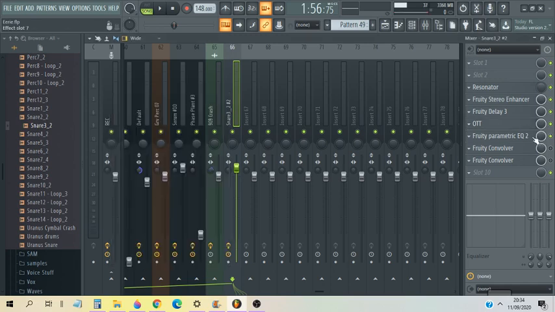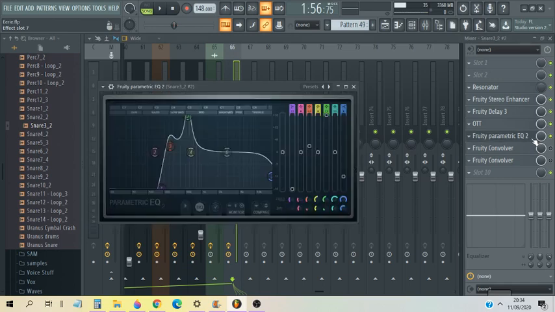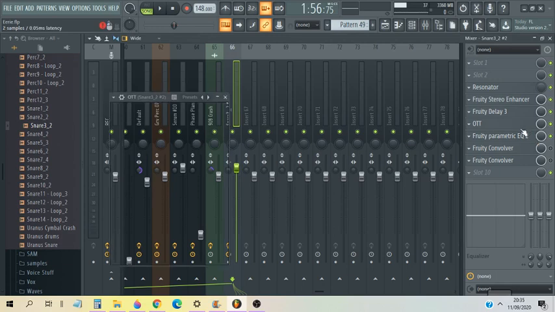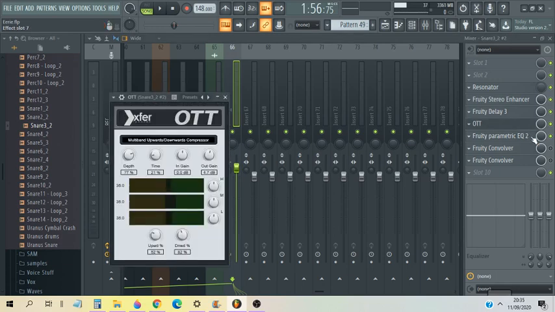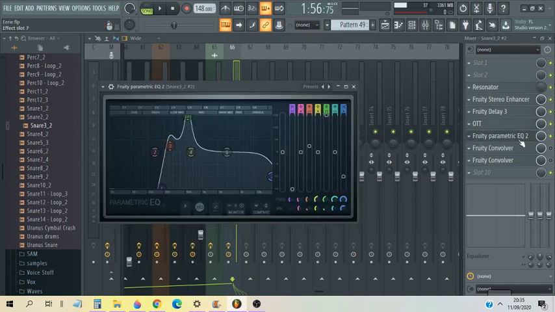Anyway, this is the part that's super important, and just so you know, the order of the effects that you put in does matter, and I would put the OTT before this, because the OTT, by compressing things like this, adds a lot of messy frequencies to your sound, and if you added those messy frequencies after doing this, it would completely undo the whole point of this EQ right here. So this EQ, as you can see, it's pretty aggressive.